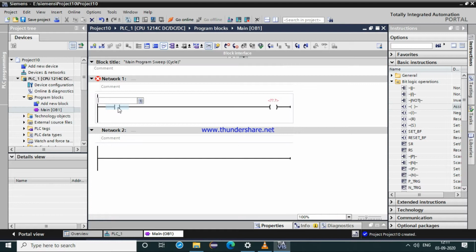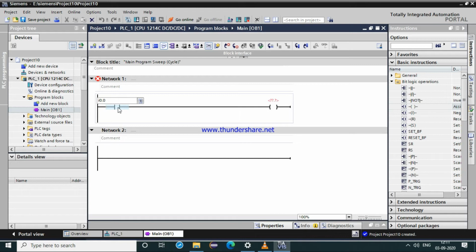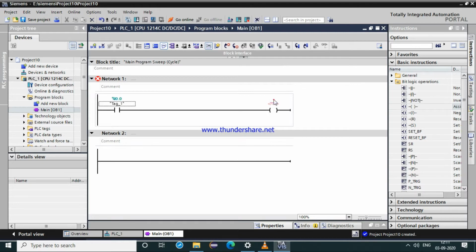So your input taggings, as we saw under the properties of that particular CPU, the input tagging will start from I0.0, and the output tagging will be your Q0.0.